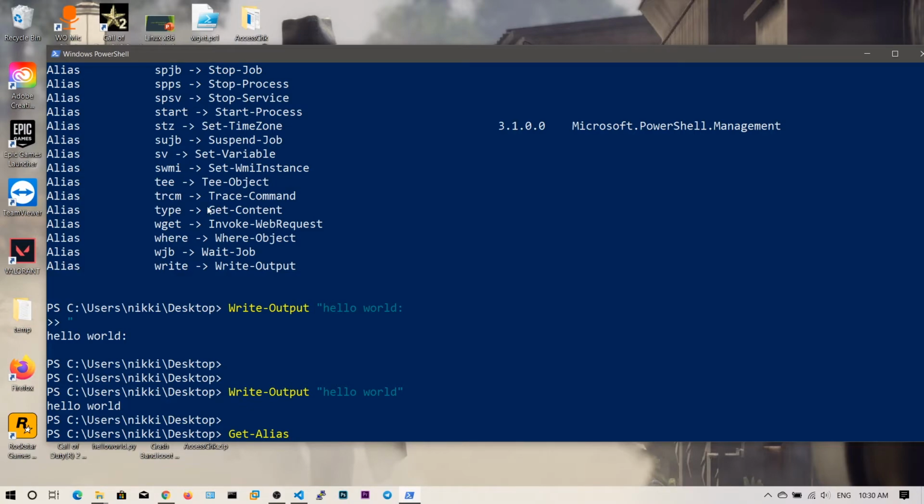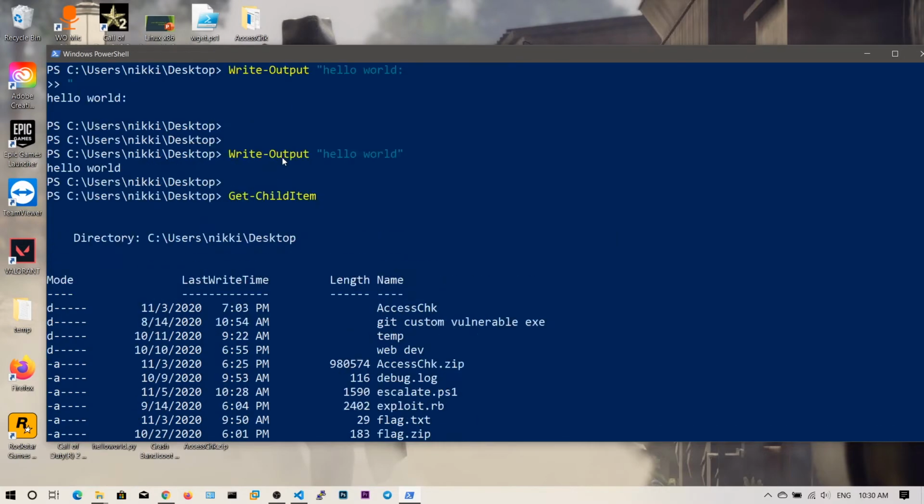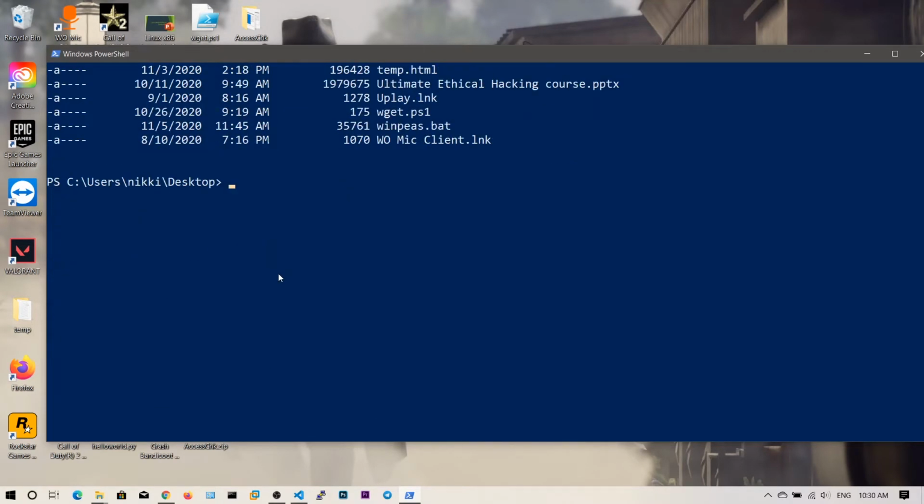We have seen this, and if you hit Tab again, you get Appx background task, etc. So now let's say Get-ChildItem. This is the same way as the dir command.